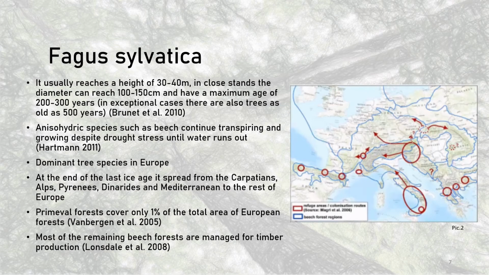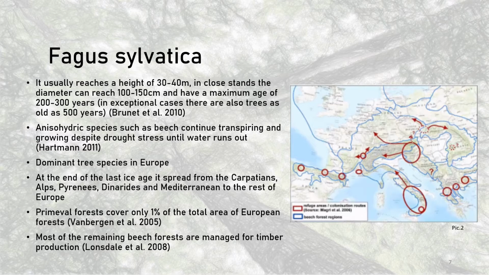So Fagus sylvatica is a plant that reaches a height of 30-40 meters. In close stands, it has a diameter that can reach 100-150 centimeters and has a maximum age of 200 to 300 years, but there are some exceptional cases in which trees get as old as 500 years. It's an anisohydric species, which means that even though there's a drought, the plant keeps transpiring and growing until